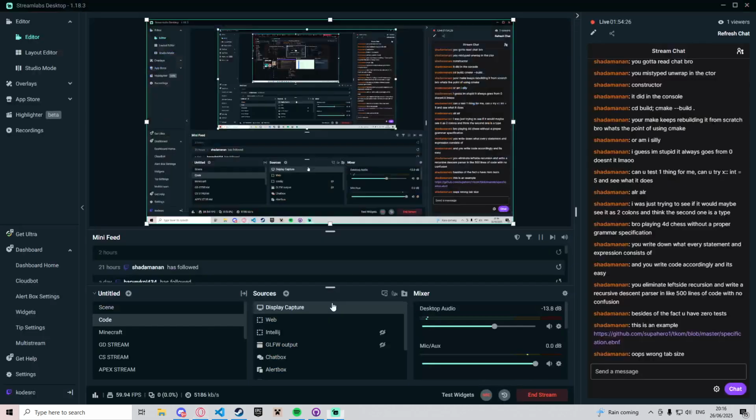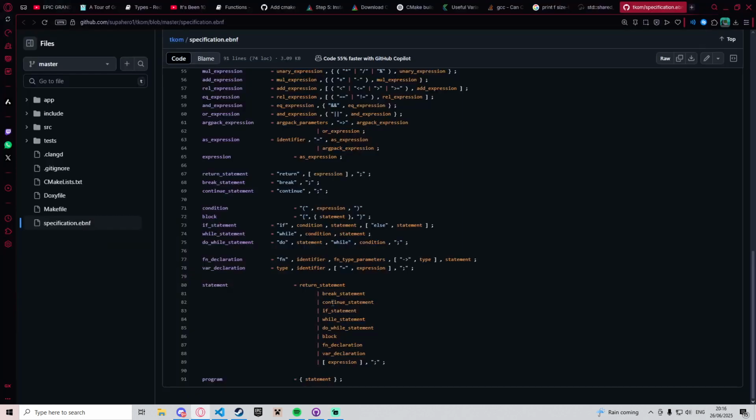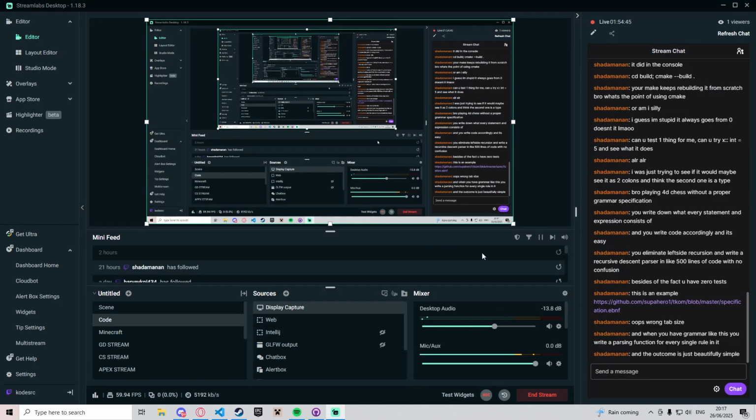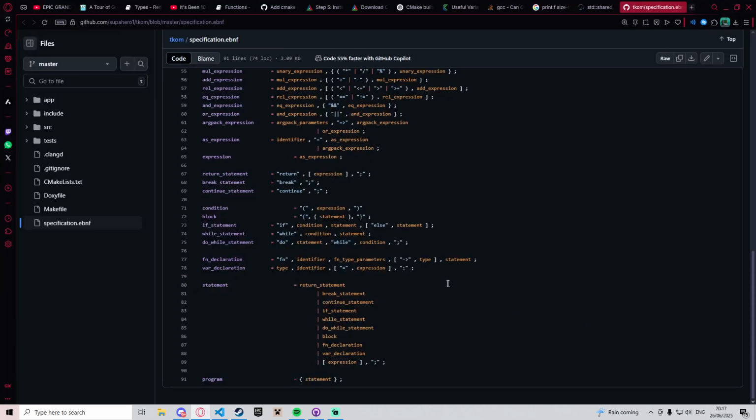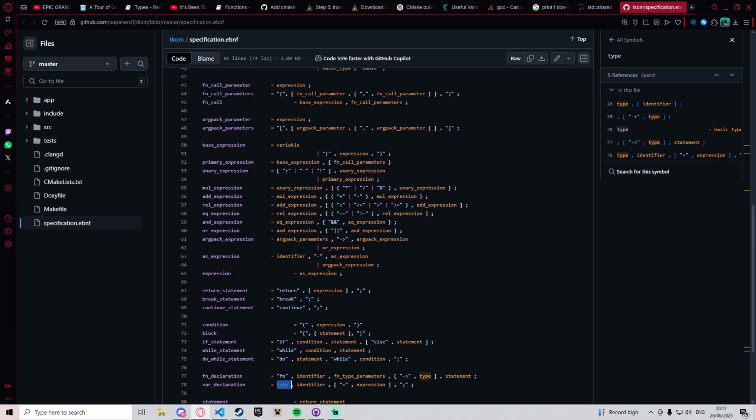Does look very neat. The funny thing is, now that you say that, write a parsing function for every single rule in it. I do have that. Like, I have a rule for types. I have a function for parsing types, a function for parsing variables, whether or not they're a parameter or not. But I think I'm just too far in to change to this now.